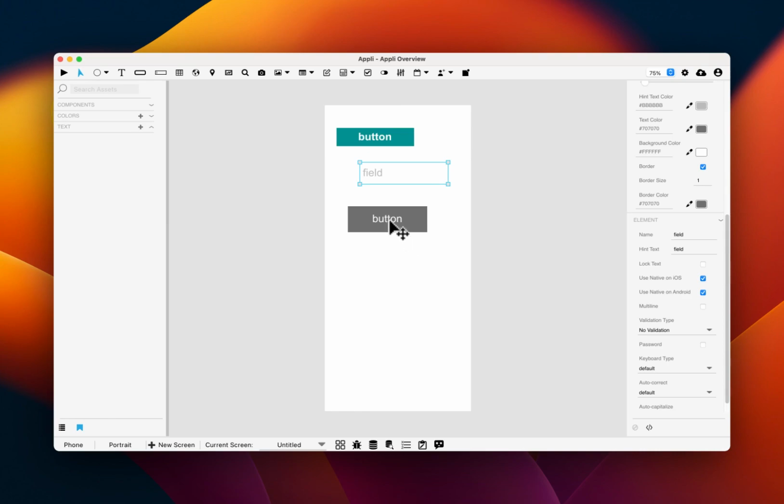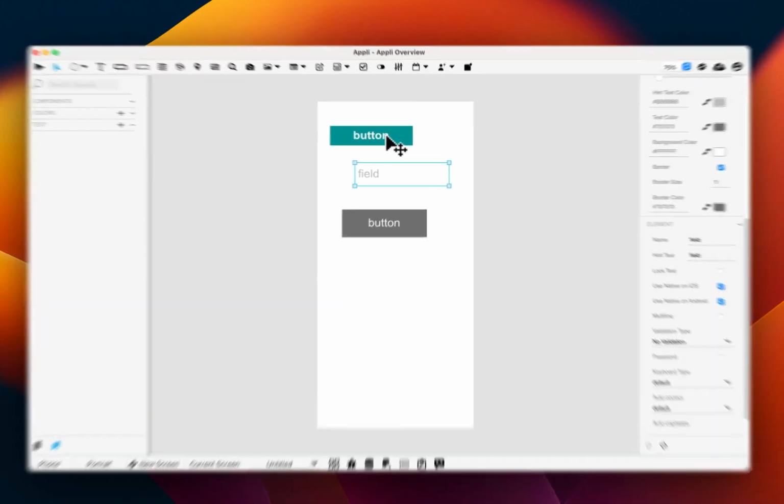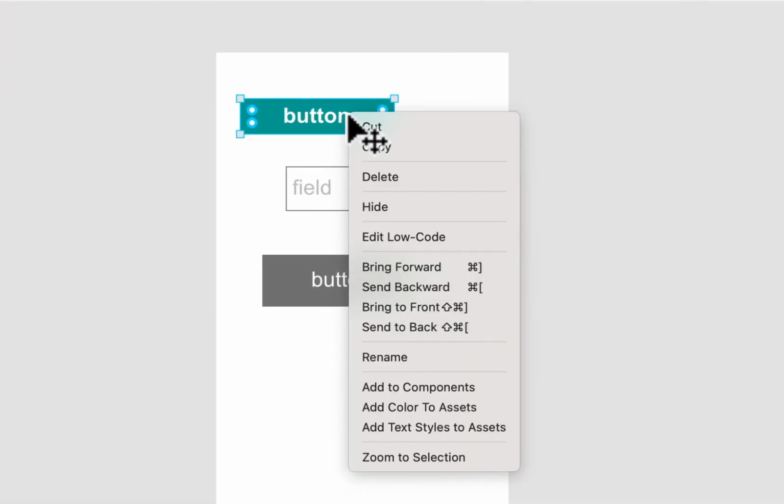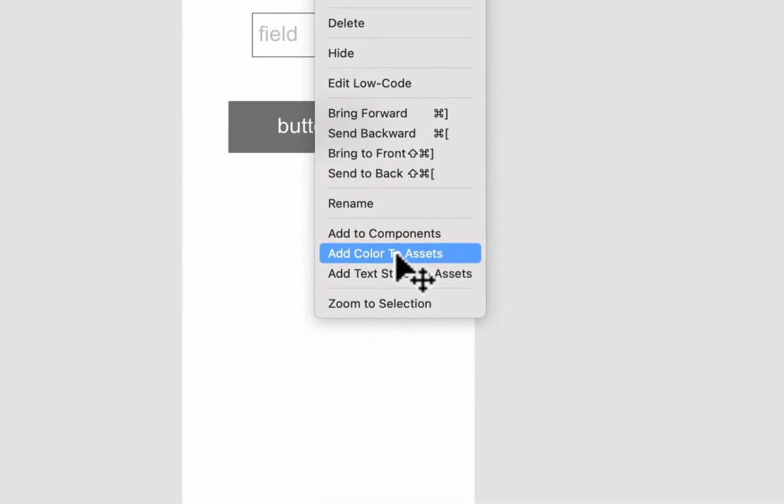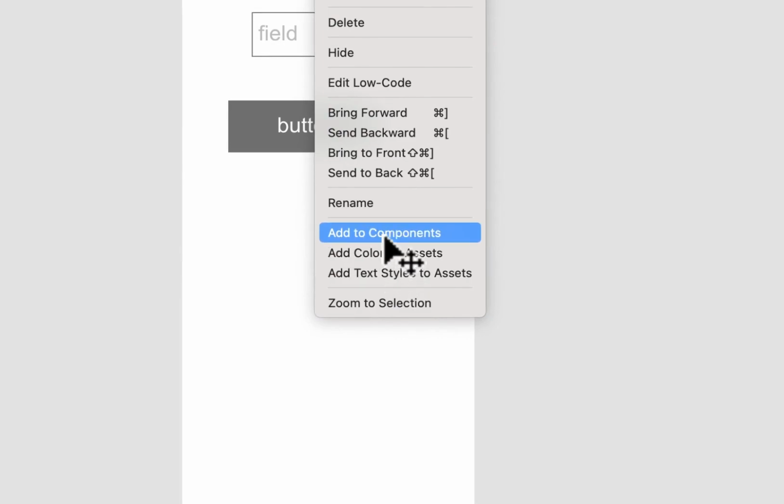For example, you might want to make all your buttons green, but if you're going to do that, it might be quite tedious to do it one by one. The best thing to do is to use the Asset Manager. So here, down below, you can switch to the Asset Manager, it's the little bookmark icon, and you can pick an element that you selected, and you can add either the color or the text styles or the element itself to the Asset Manager. So let's add the color